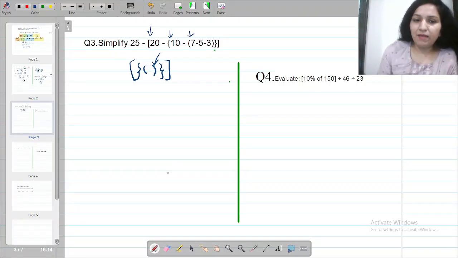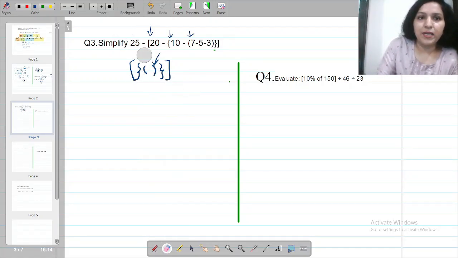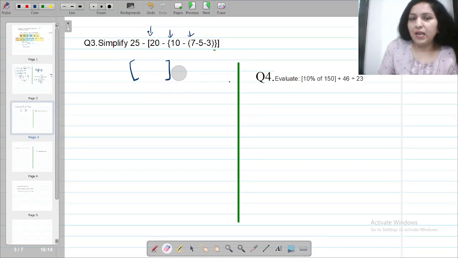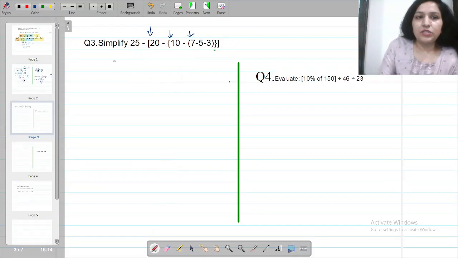एक बार आप अंदर वाला vanish कर लेते हैं, I just erase it for you. देखो अंदर वाला जब आप solve कर लोगी, once you have solved this one, you are left with now curly bracket. Solve curly bracket. When you will be solving curly bracket, then of course the external bracket will be left out. We'll be doing it accordingly. Okay? So let's start the question now.